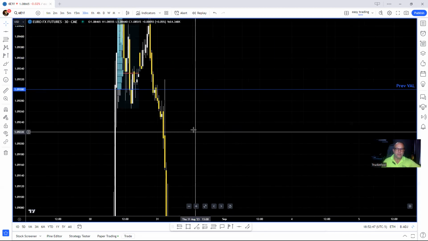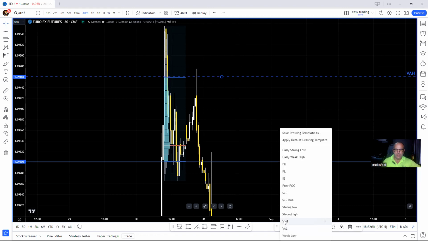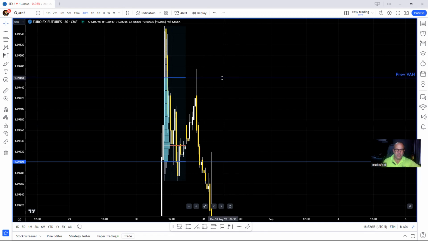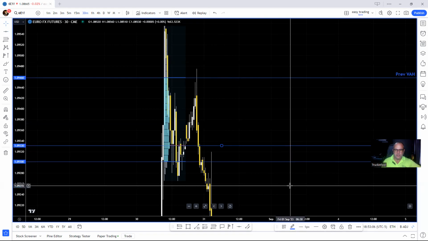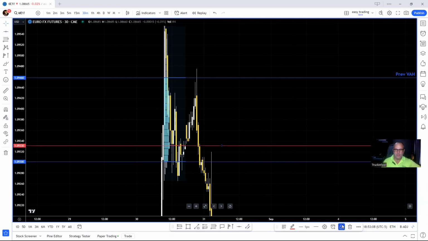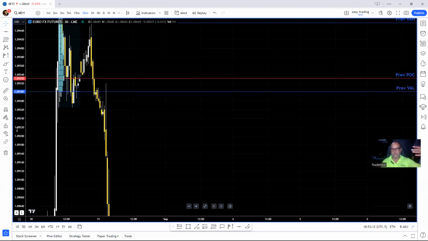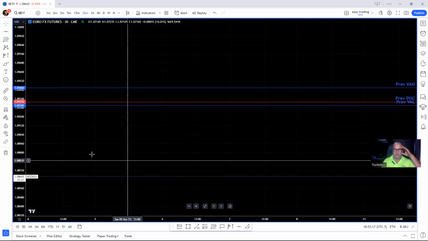Okay. So we need to go and put that template on for value area high, move it to where it's supposed to be, and then lock it in place. All right, and then we'll take another line and get our point of control, previous POC, and lock it in place. Okay, so I'm done with that. That gives me my levels above today's volume profile. In case price breaks up to the upside,